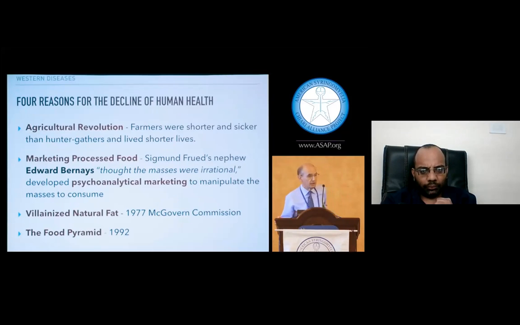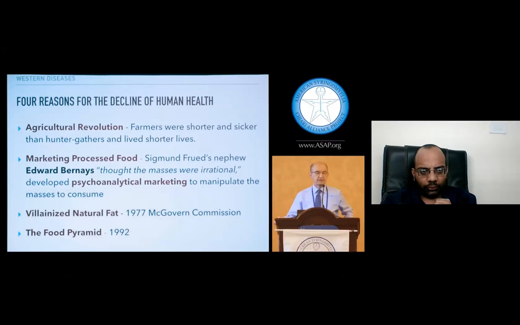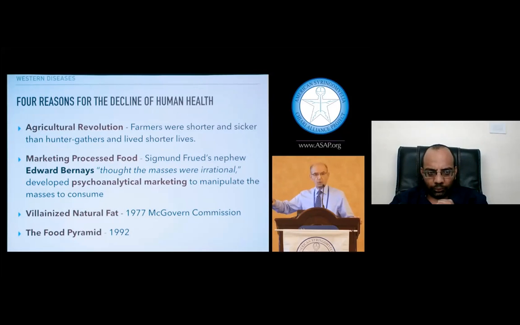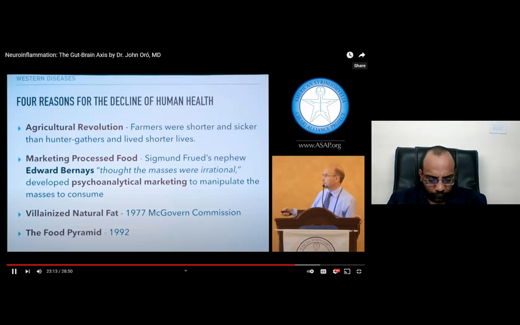So why the decline in human health? Okay, our hunter-gatherer ancestors were actually healthier and taller than we were. Yes, they say, well, they didn't live as long, and that's incorrect as well. The average age in the late Paleolithic was 35, and that dropped down into the low 30s in Roman times. The worst was during the Black Plague with an average age of about 25. It wasn't until the 1800s that we beat the Paleolithic lifespan. We beat it by controlling infectious disease and delivery of children, basically two of the main areas.